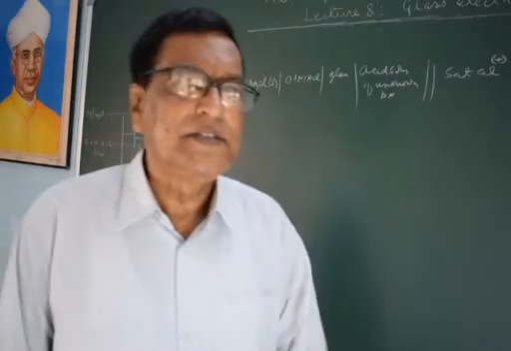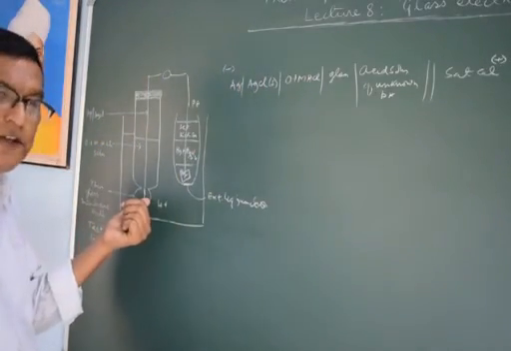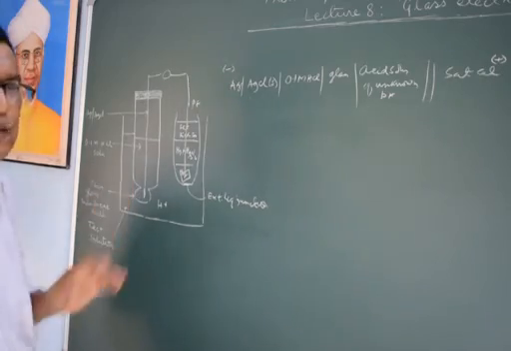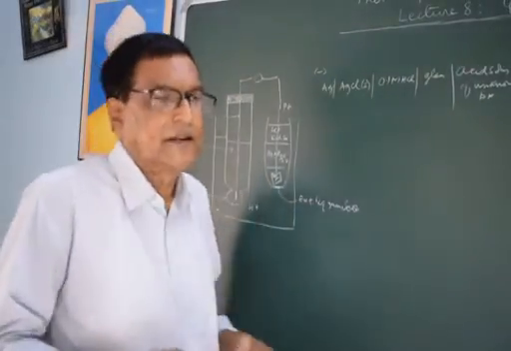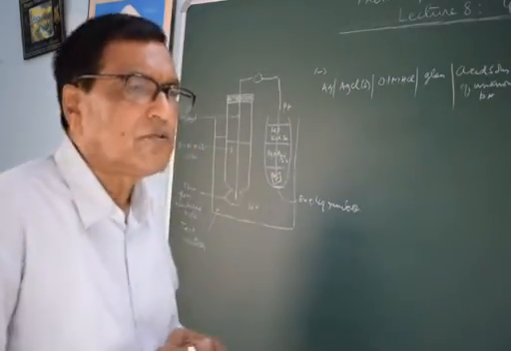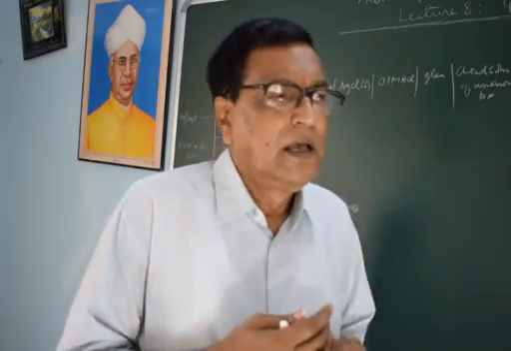And the third is that this glass membrane is very thin and can be broken easily, so it is to be handled with much care. These are the limitations also. So this is all about the glass electrode,